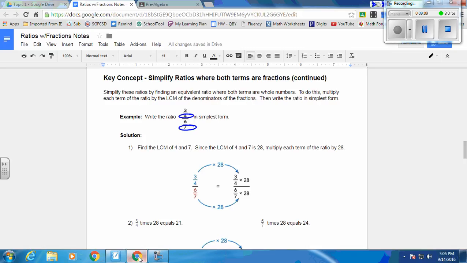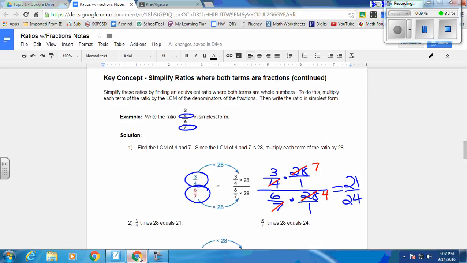When we say we're multiplying the numerator by 28 and the denominator by 28, you're doing 3/4 times 28 over 1, really, and then 6/7 times 28 over 1. Because we're using the least common multiple on purpose, it's allowing us to cross-cancel. It means we will definitely get rid of the 4 and the 7. 28 divided by 4 is 7, so that becomes a 7 up here. 28 divided by 7 is 4. That becomes a 4 up there. So that would leave us with